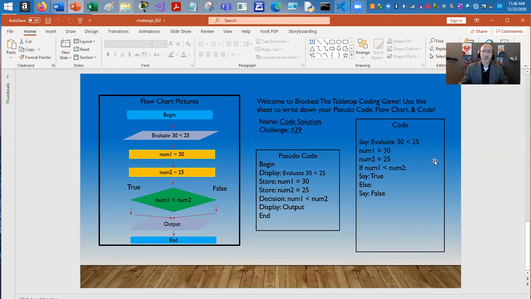So again, we're using the simplicity here of evaluating 30 less than 25, and we don't want to put any more than that. We want to ensure that the computer is doing some work for us, and we have an expected output. However, we want to make sure that the way we write the code should then execute and respond